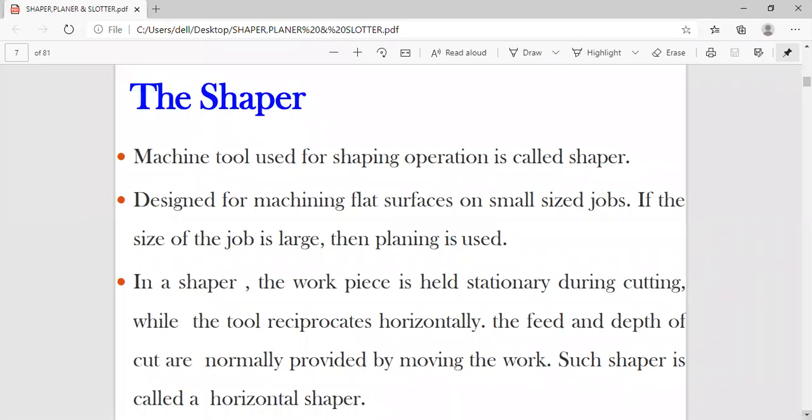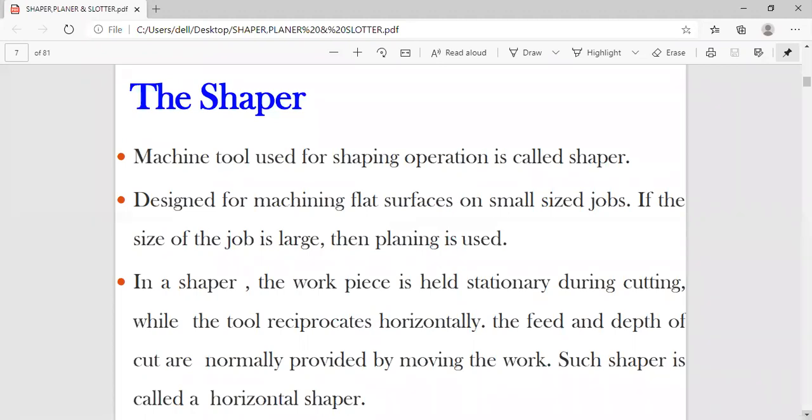What is the speed? Here the speed is linear, at which the metal is removed by the cutting action of the tool. That is the cutting speed. How can it be expressed? It can be expressed as the length of the cutting stroke divided by the time required for the cutting stroke. The length of stroke is the specification, which is very important, and you note down the time by means of a stopwatch. So that is the cutting speed.